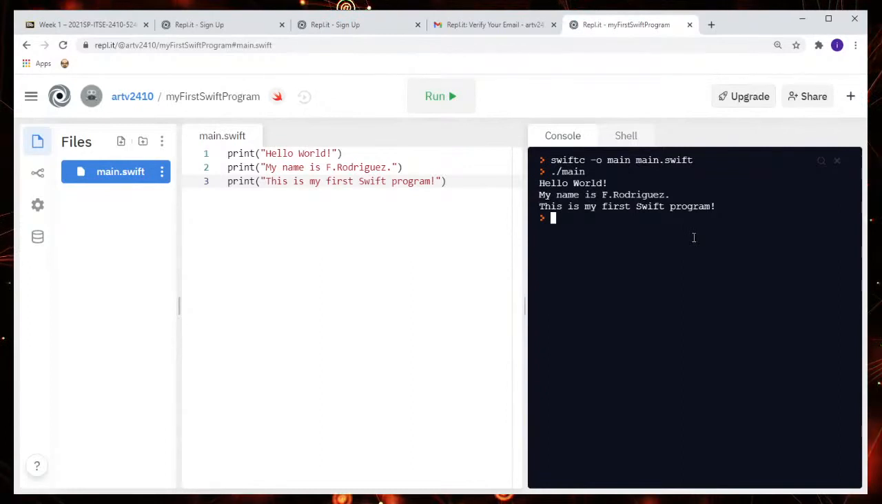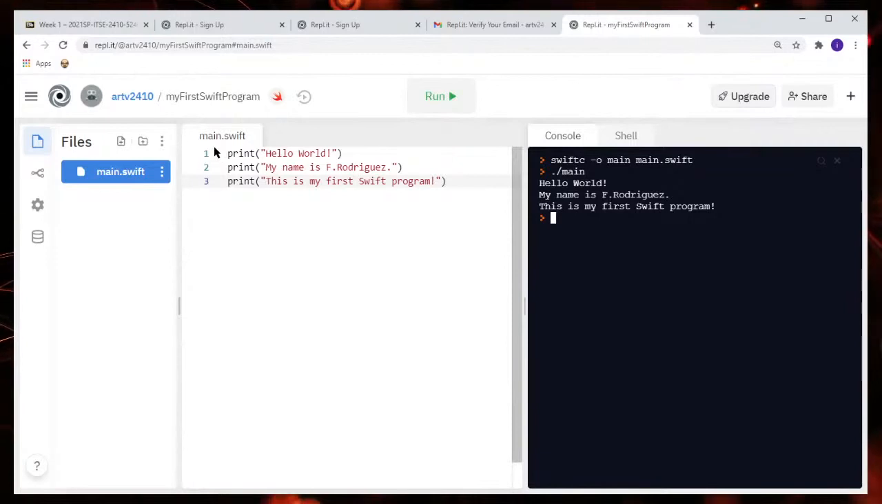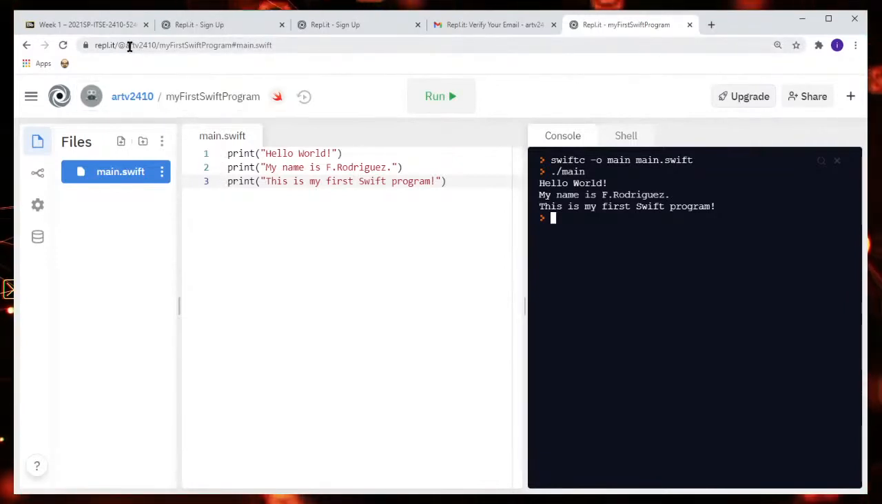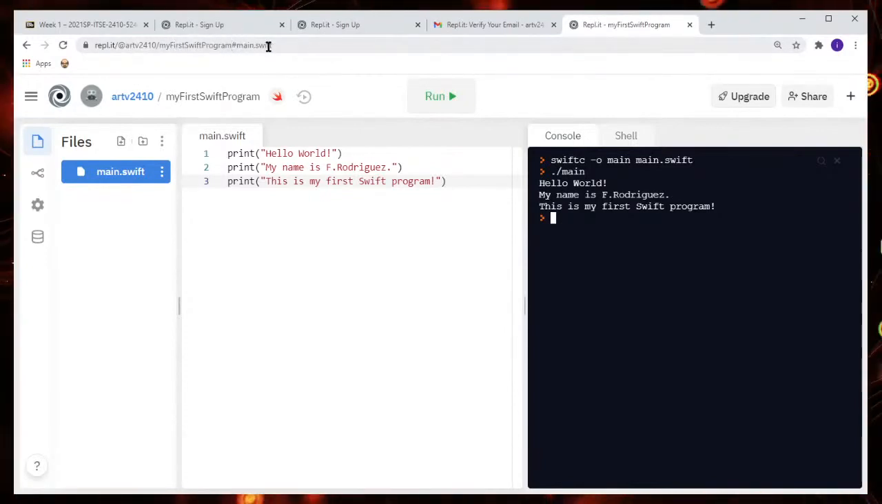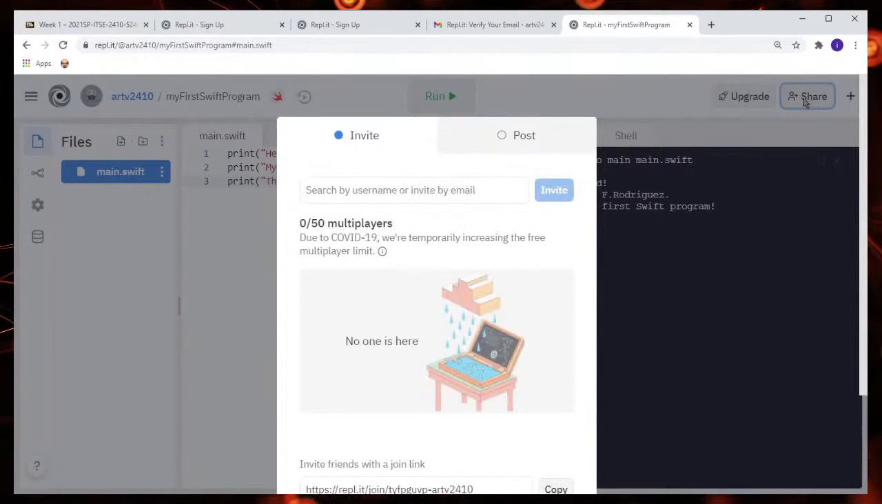So I have created a Swift program after I created my REPL account. My REPL account is ArtV2410. My first Swift program is the name of my program, and we're working on the main part. In order for you to save this and share it with your instructor, let's click on the share button up here,